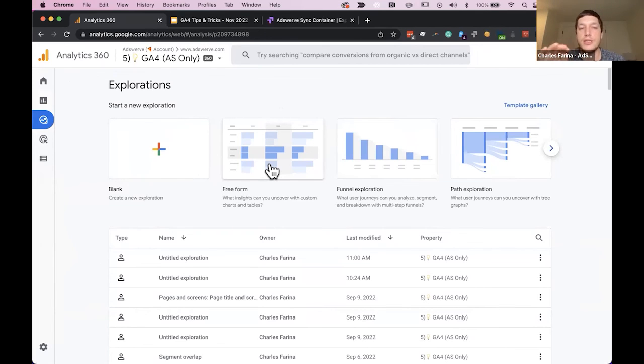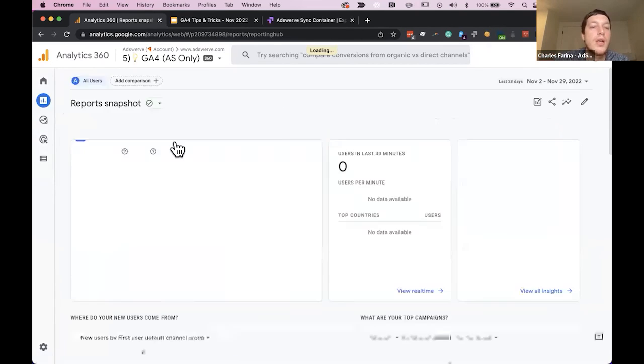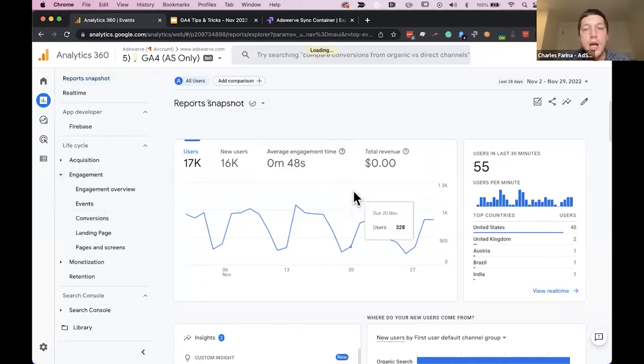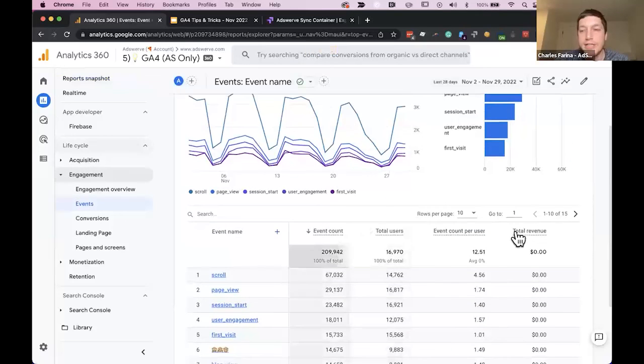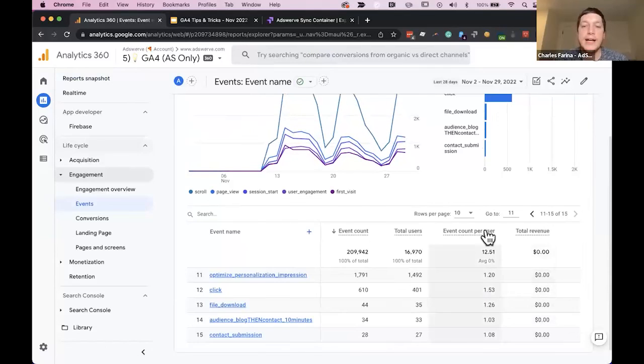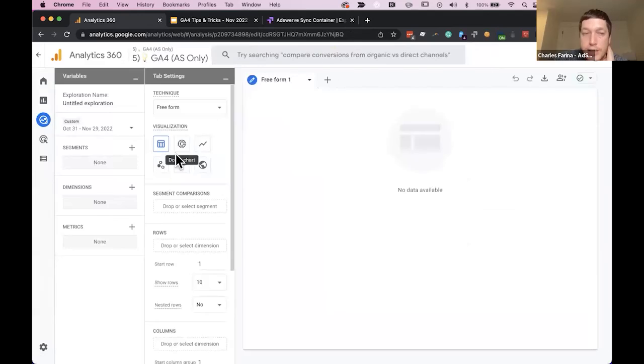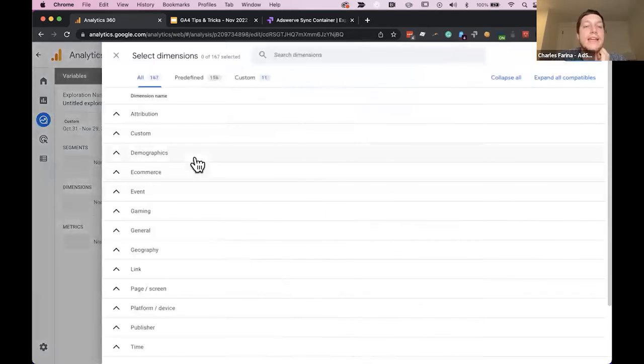And something that I think a lot of people don't realize is that different parts of GA4 pull from different data sources. So as an example, if I go into these reports over here and I go into the engagement and maybe I go to events, we can see we have our standard dimensions and metrics. And if I customize this report, I could actually apply a conversion instance to this. Whereas if I go to the Explore reports and I start building these reports from scratch, in many cases, there's different sets of dimensions and metrics.